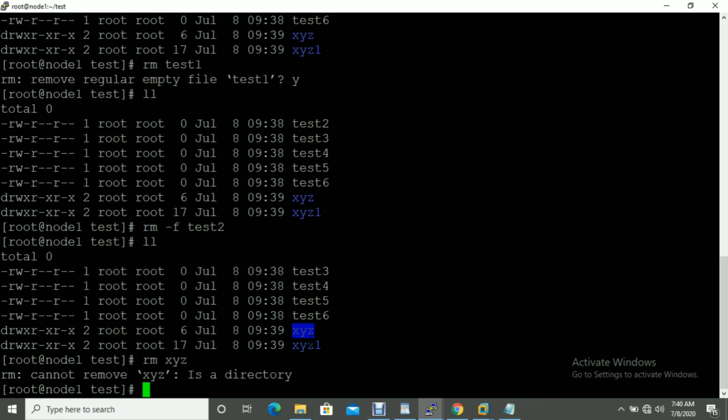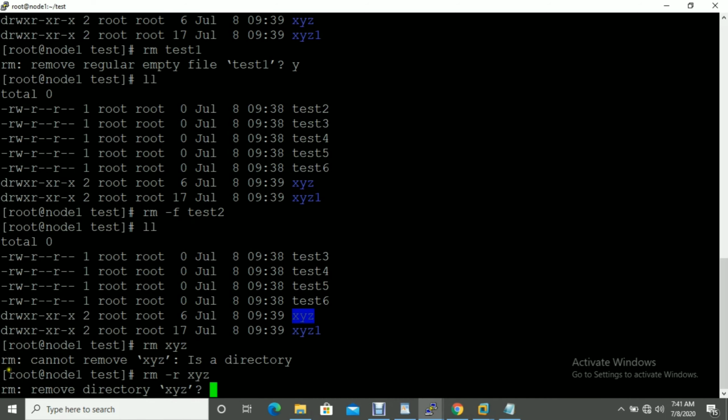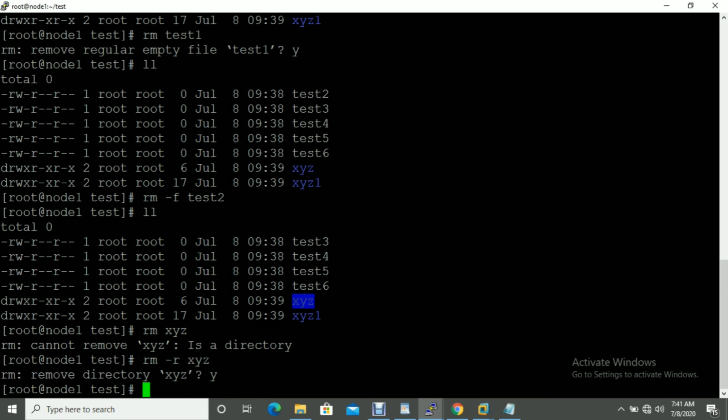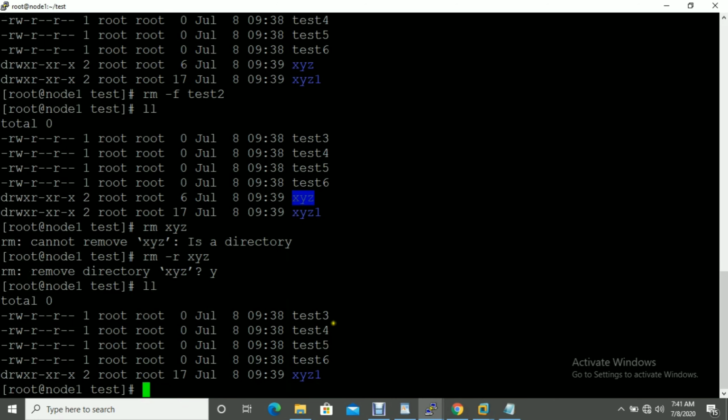In this condition we have to use an option: rm -r and the directory name xyz. Now you can see it's asking to remove the directory. If you press yes, it will be deleted. Now you can see it's deleted.